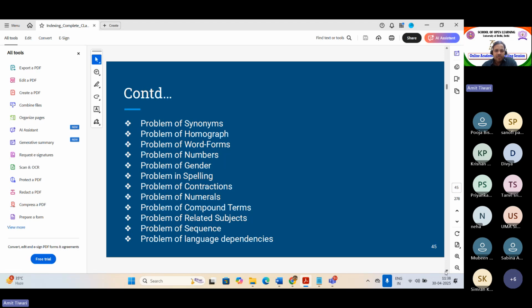So if you want to translate natural language into machine language, there come a lot of problems, like the problem of synonyms, homographs, word forms, numbers, gender, spelling and such. For the same thing, there will be multiple words in natural language which we ourselves are able to process properly. However, when it comes to the machine, or any mechanical system,